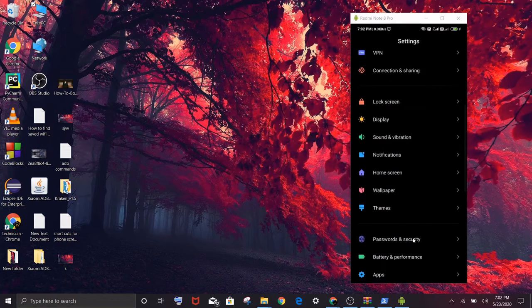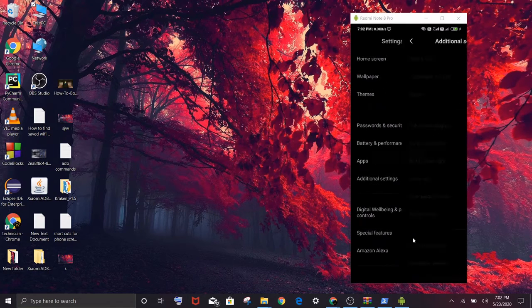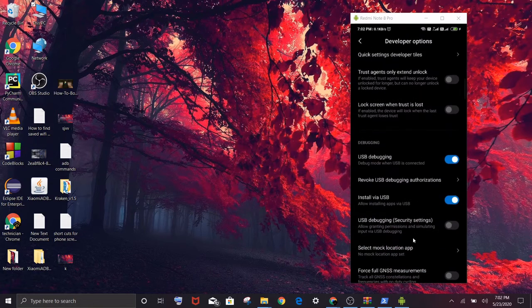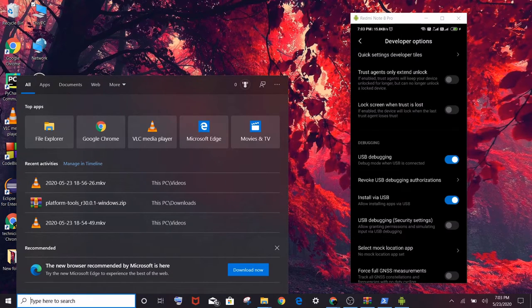Then go to your developer options, and then turn on your USB debugging and install via USB. You should turn these on because you are giving access of your phone to your computer or PC this way. Then you need to open your terminal command prompt.